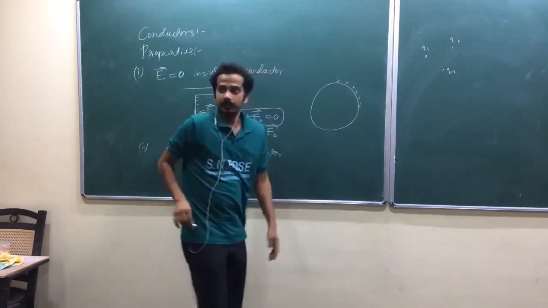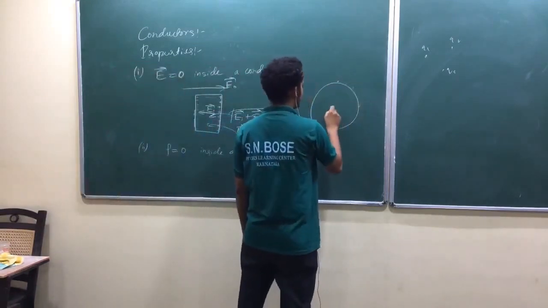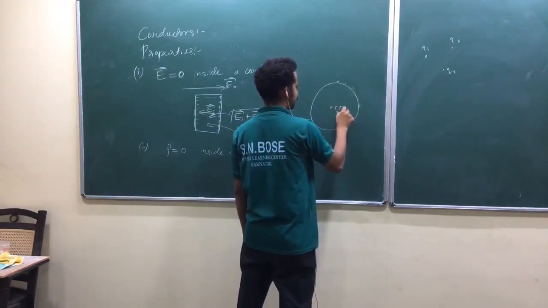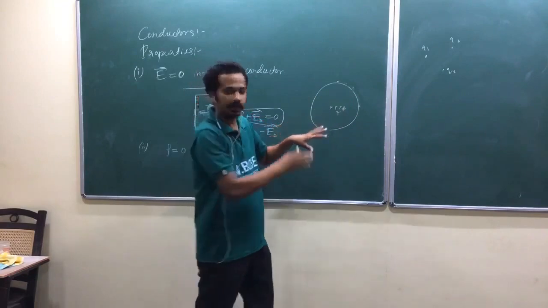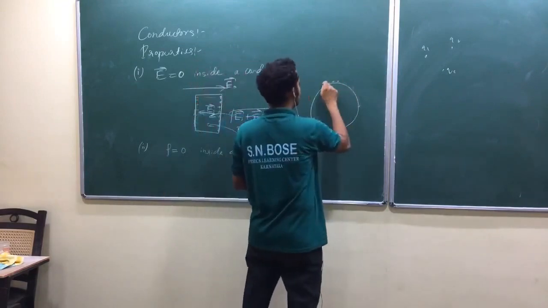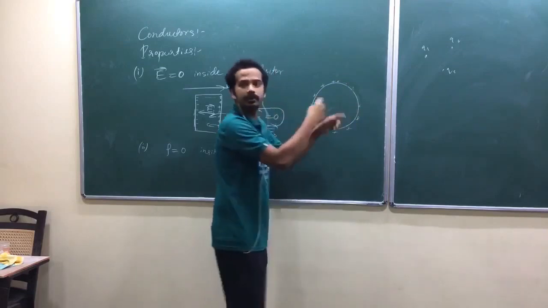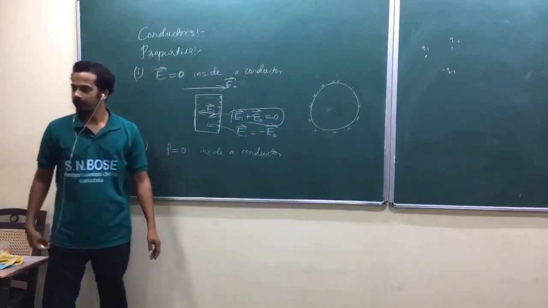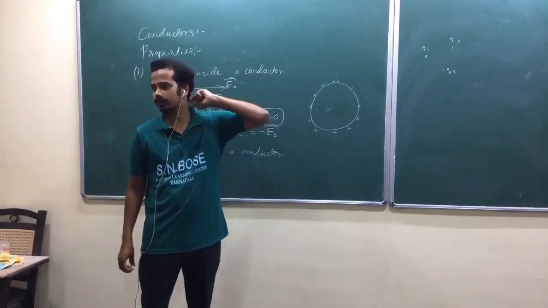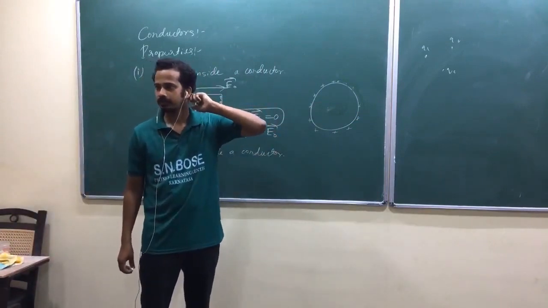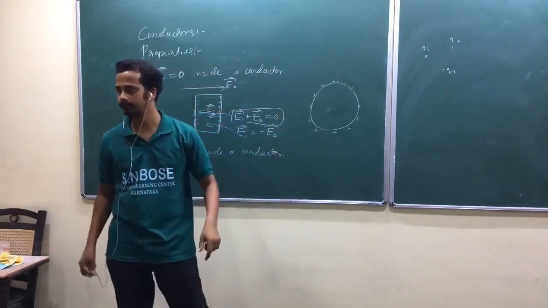Now remember, if you try to induce some charges inside, the process started from this one, and they move out to the surface. This is the equilibrium condition. Now they will not be disturbed. Let me argue in another way. This is the minimum energy condition. This is the minimum electrostatic energy condition.